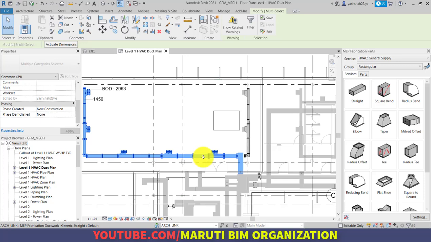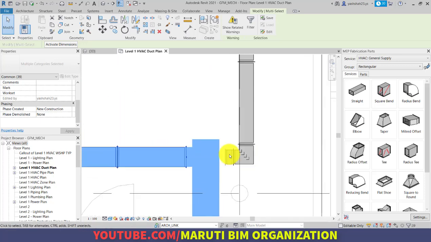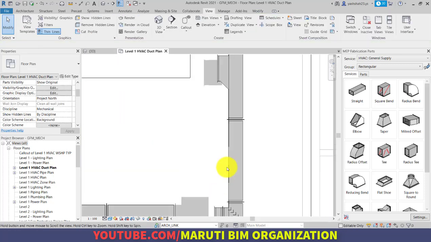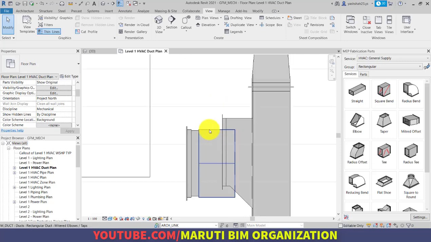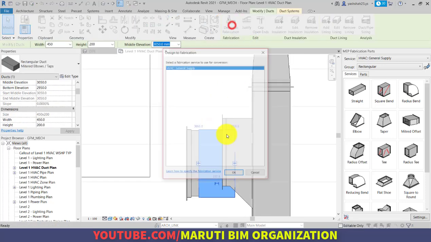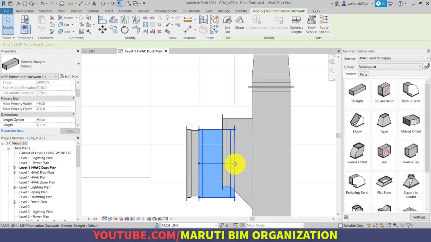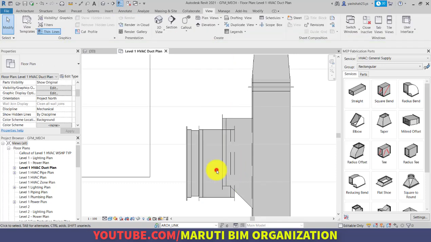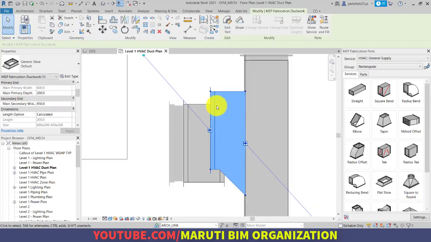Notice that it has been connected very nicely. Here there is no connection, don't worry, we will apply the connection. So selecting this duct, design to fabrication, and then changing its length. But before changing its length, let us first move this duct.